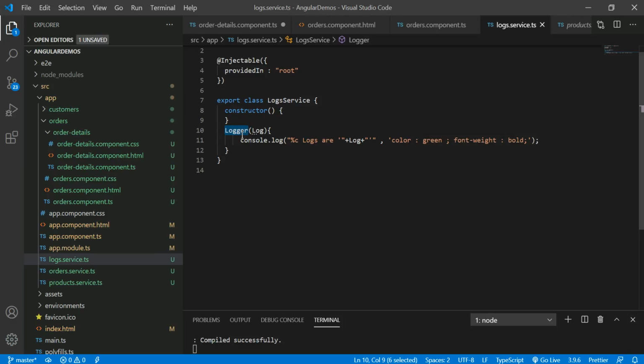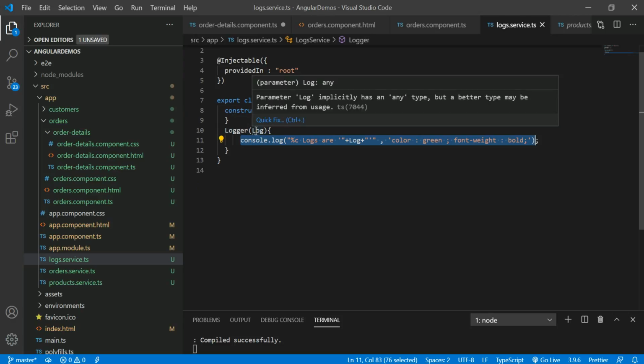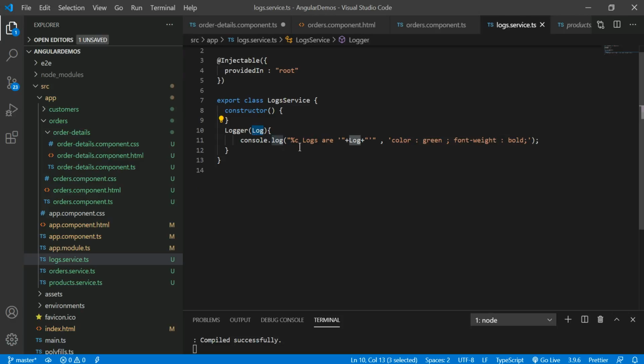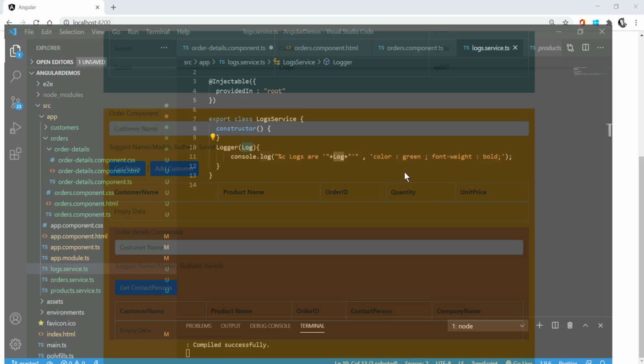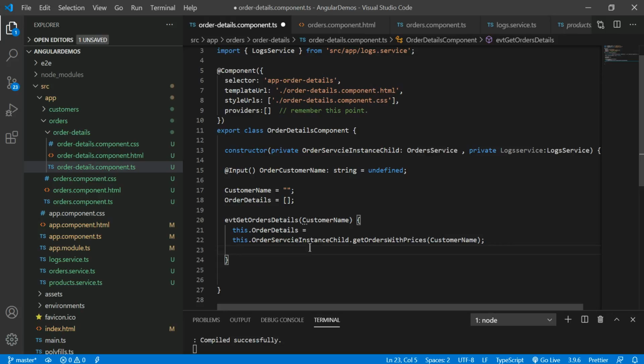I can call the logger method, which gives me whatever value I pass to this parameter, that same value I can get back. So this.logService.logger, and then I am passing the customer name here. I am just adding this line.